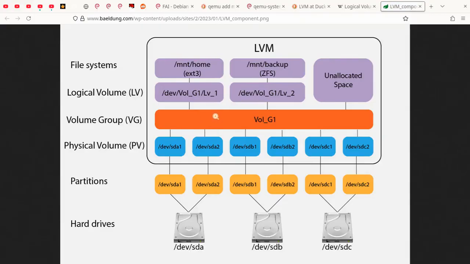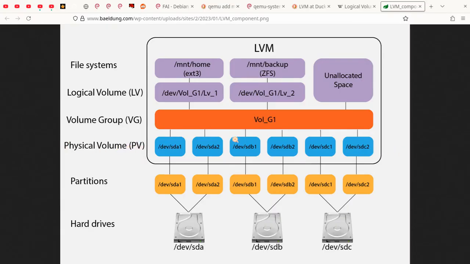Okay, here you see the overview about LVM. You can read it by yourself. This is exactly the case I have here: /dev/sda, /dev/sdb, /dev/sdc, three disks like I have given. On the next layer, partitions: we created the boot partition and then the LVM. On the other disks, we created only one partition and gave it to LVM. And then the next,